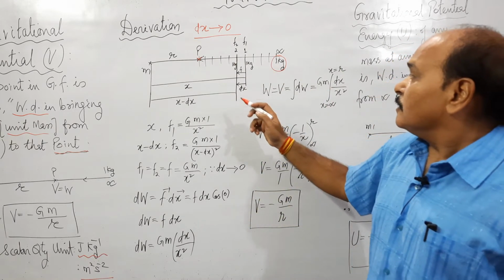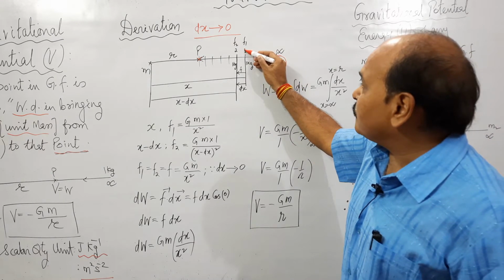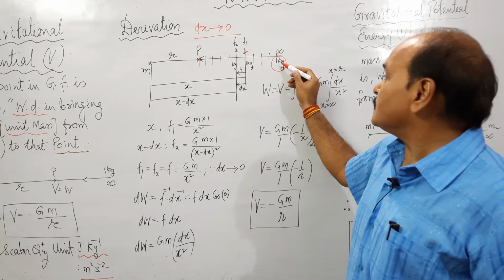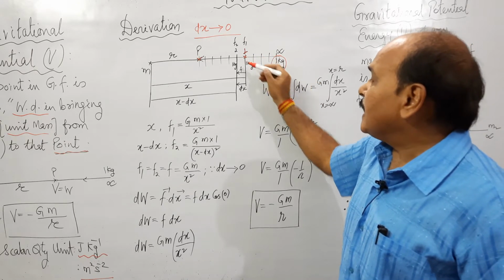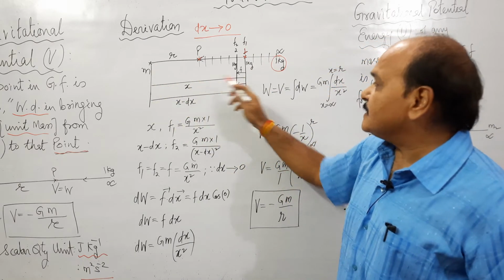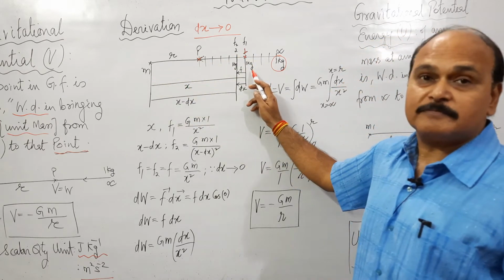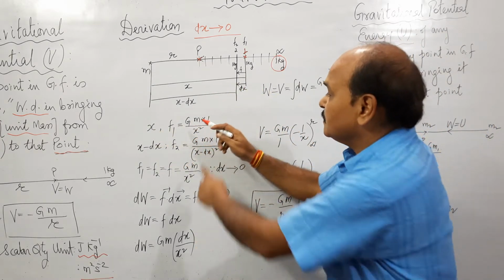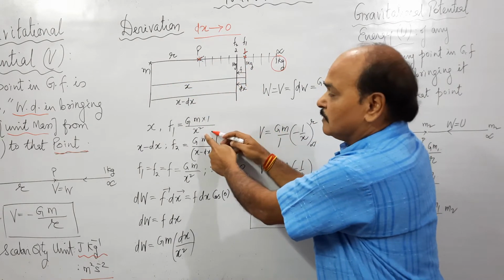Well, let us assume that this 1 kilogram mass at any instant is found at point 1, and when 1 kilogram mass is at 1, its distance from mass m is what? x. So at this instant, what is force between these two point masses? This is m and this is 1 kilogram. When the distance is x, the force is going to be what? G m1 m2, m1 is m, m2 is what? 1 kilogram, upon x square.